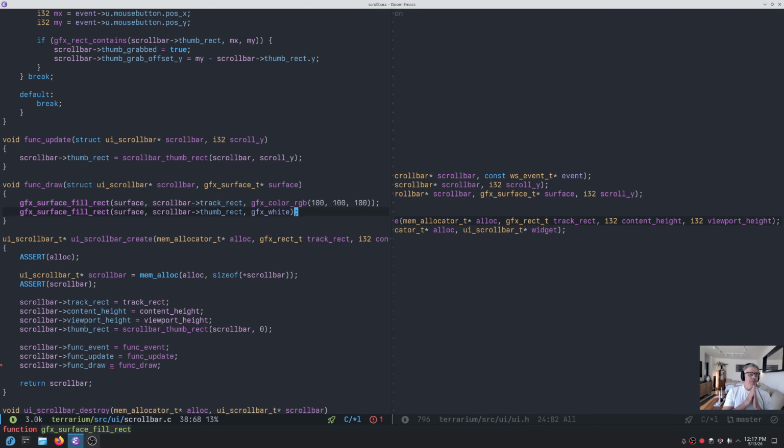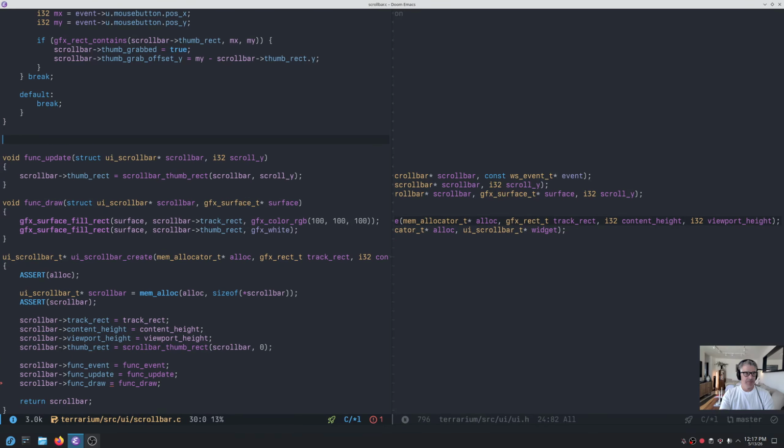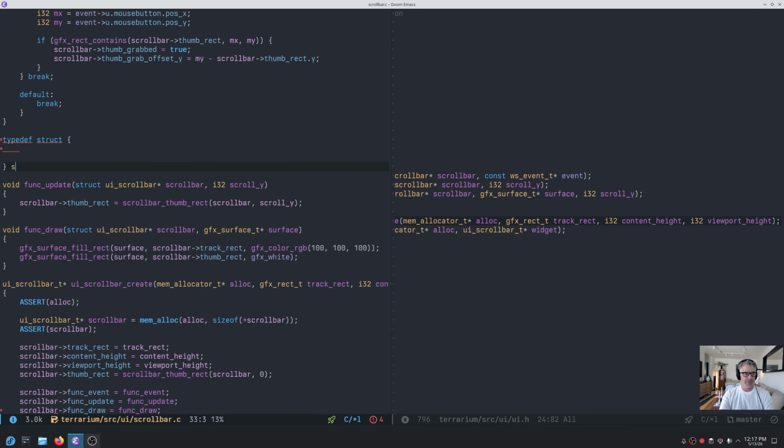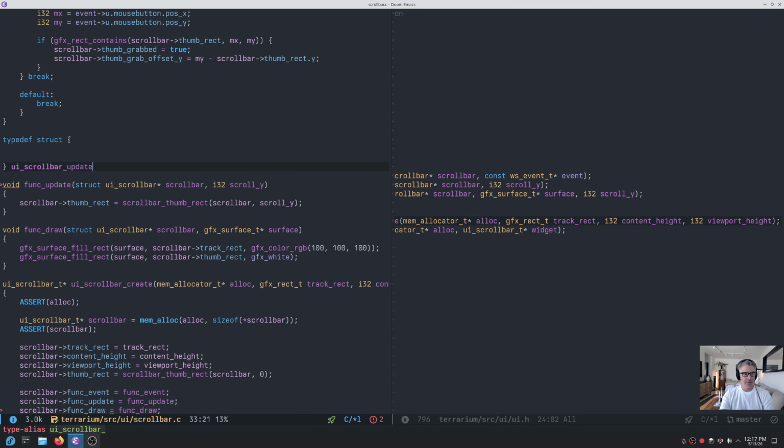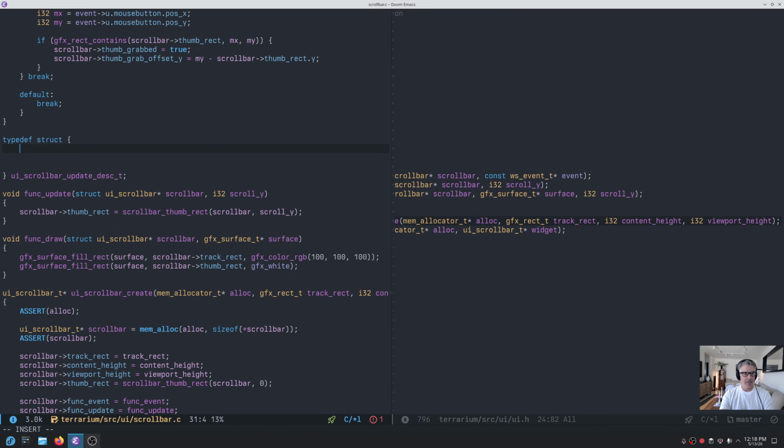And I don't know if we want to call update every time, because we could pass in. What if we had something like typedef struct UI scrollbar update description, and it had scroll y, and it really had